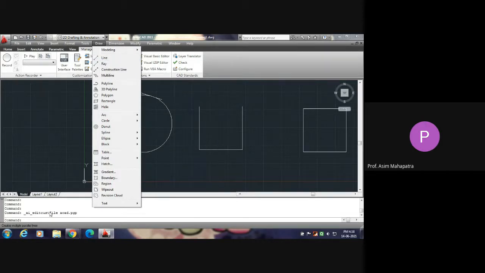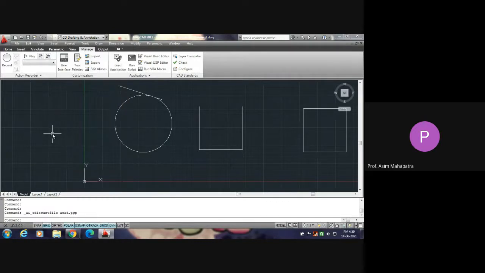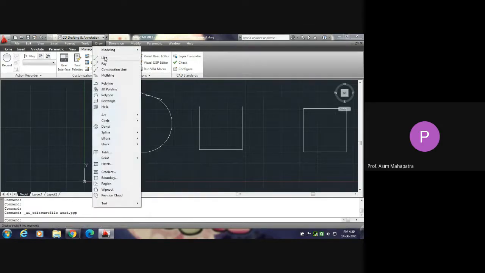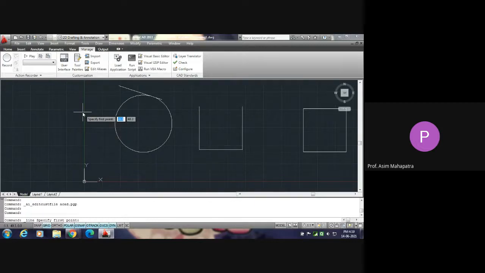Even in your command bar, say I am writing line. Go to the draw bar, line. Say from this point to that point, first point, second point, then third point, then enter.